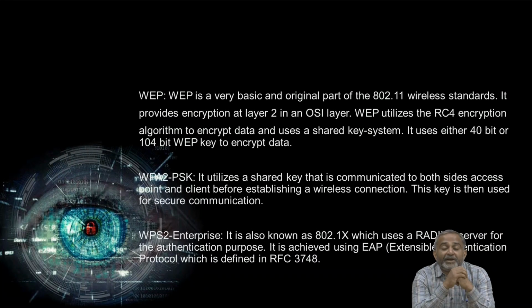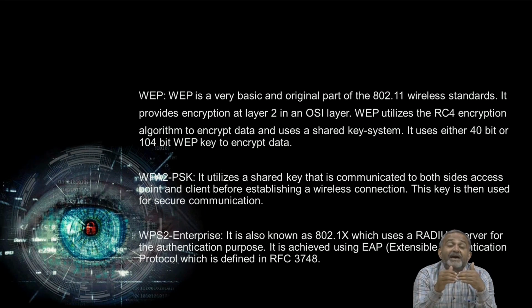So if we look in detail, WEP, Wired Equivalent Privacy, is a very basic and original part of the 802.11 wireless standard. It provides the encryption at layer 2 in the OSI reference model. Actually, you must know about the OSI reference model to understand network communication, and there are seven layers in the OSI reference model, physical, data link, etc., and the application layer on top. So, it operates on layer 2 in the OSI reference model,